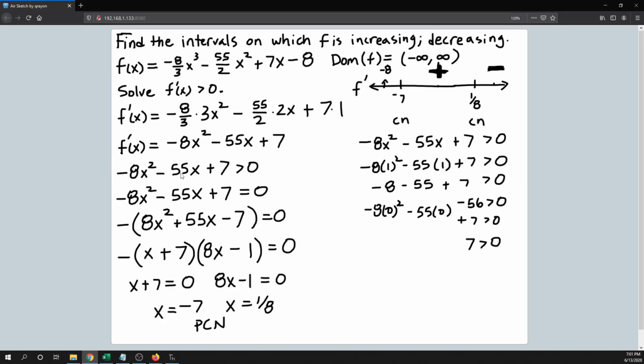Here I have this -8x squared minus 55x plus 7. If you follow these steps down, you'll notice that this expression right here is exactly the same as this one over on the left side. So you can use this one as well to test, and you'll see that the math is a little easier to do. If you have a calculator, you probably don't care, but since I'm not using a calculator right here,